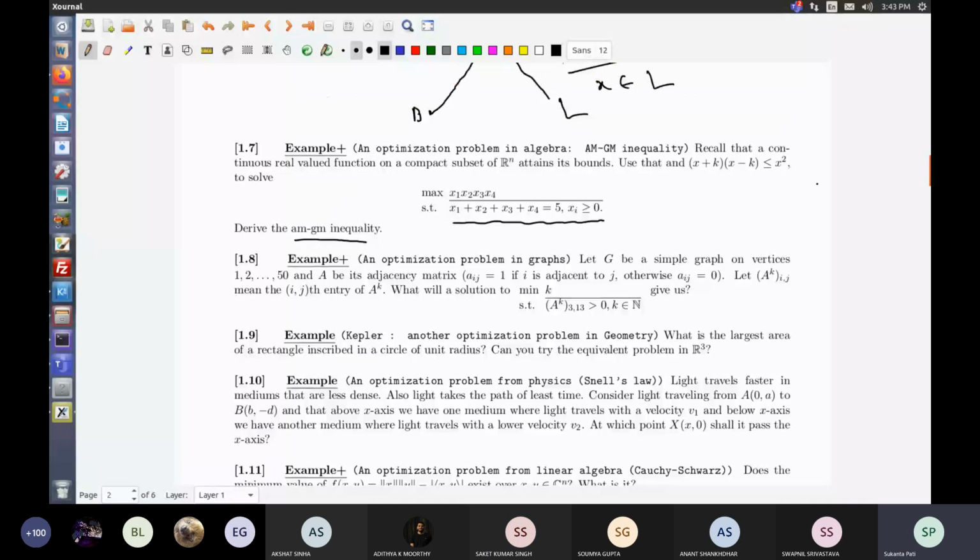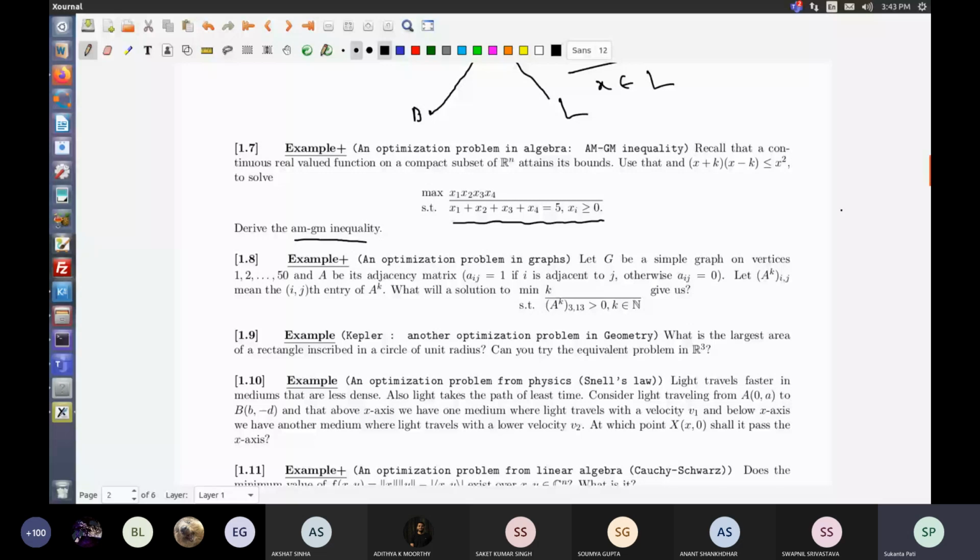Good. So if somebody asks me to minimize, as I said, the minimum is 0, so I don't have to do anything. I can easily argue that the minimum value is this. The maximum value is what I want to find, and the way I want to do it is the following.